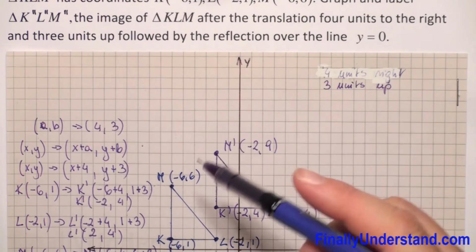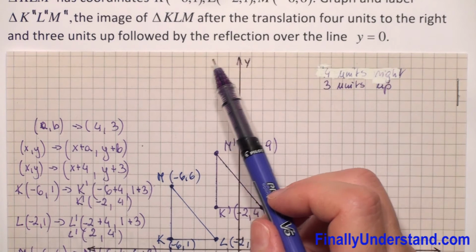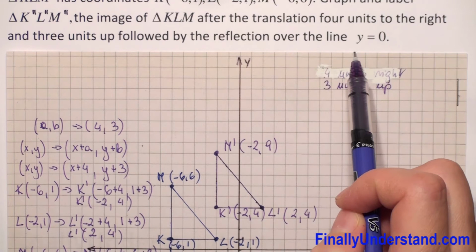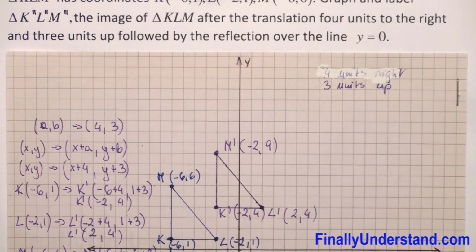Now we have to reflect our triangle over line y equals 0. So first we have to know where y equals 0 is. Y equals 0, this is our x-axis. This is y equals 0. Reflection uses a line of reflection. In our example we have line of reflection y equals 0, and we have to create a mirror image of our original